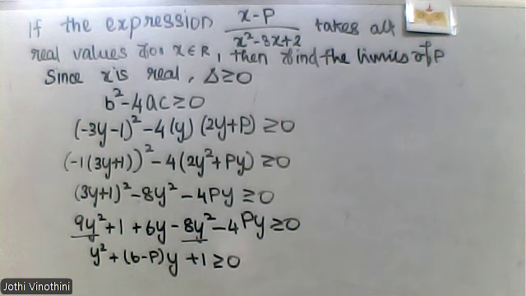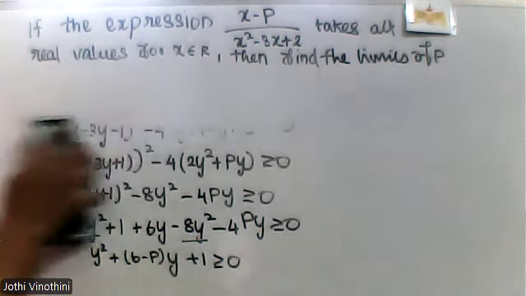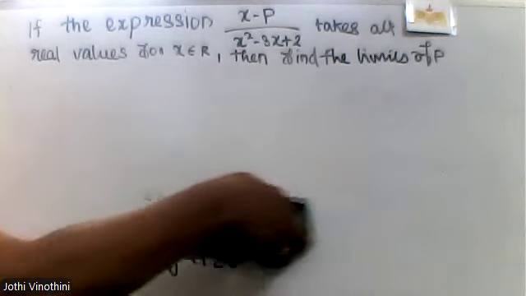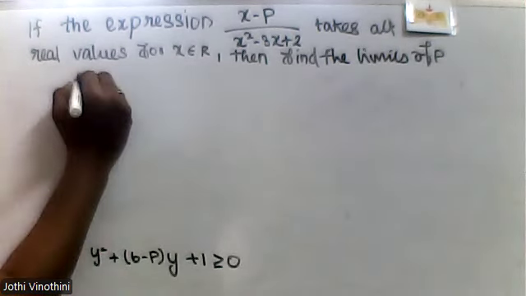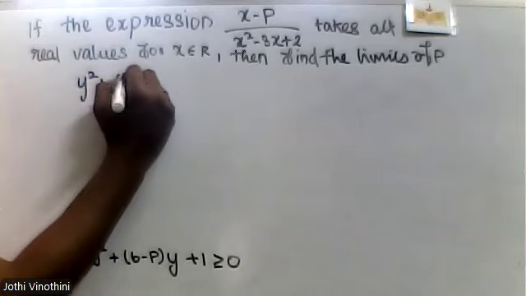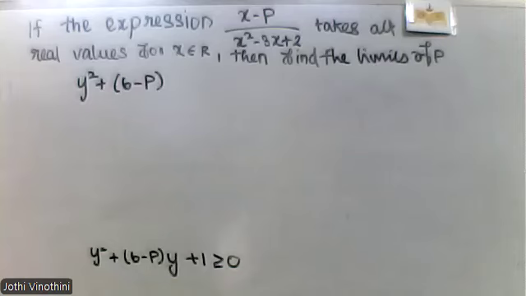Shall I wrap? Okay. So what is the last step we find? y squared plus 6 minus p multiplied